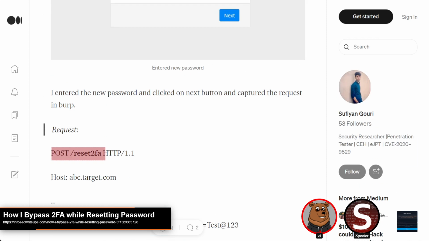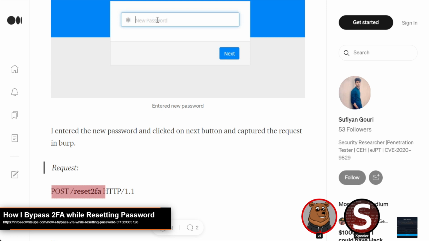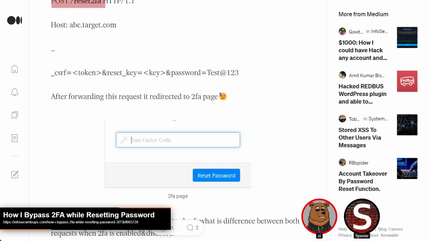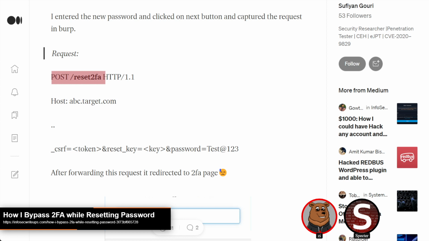Yeah, just for a little bit of clarity for the listeners, it's one of those setups where you have the two stages to it. You enter the username and then you go through. It does seem like they're also entering a new password before they do the whole 2FA stuff, so I think we had that discussion a little bit about how that also feels like the wrong order. But the fact that they just have this post going on, and you just change it to reset instead of reset 2FA, like the two different endpoints, and they don't check the account should be using that endpoint,